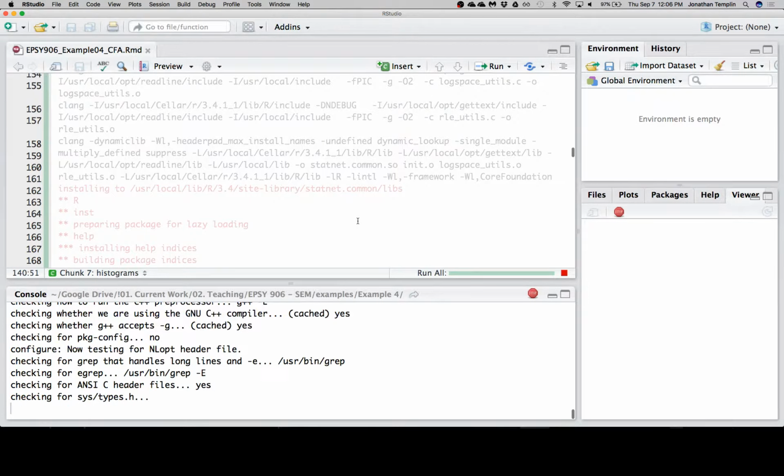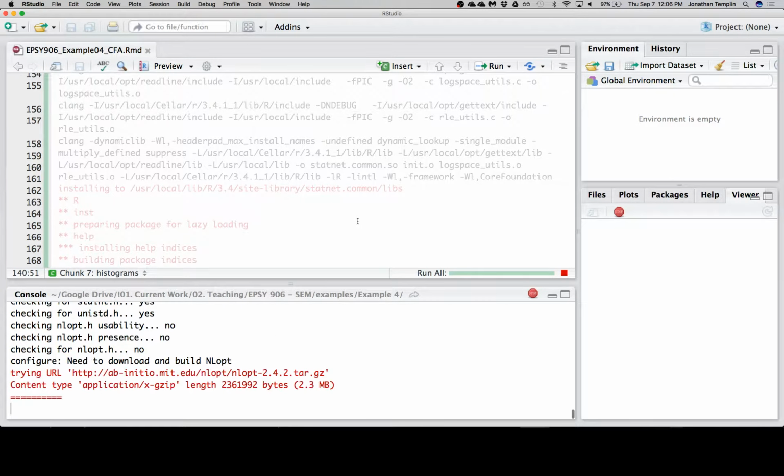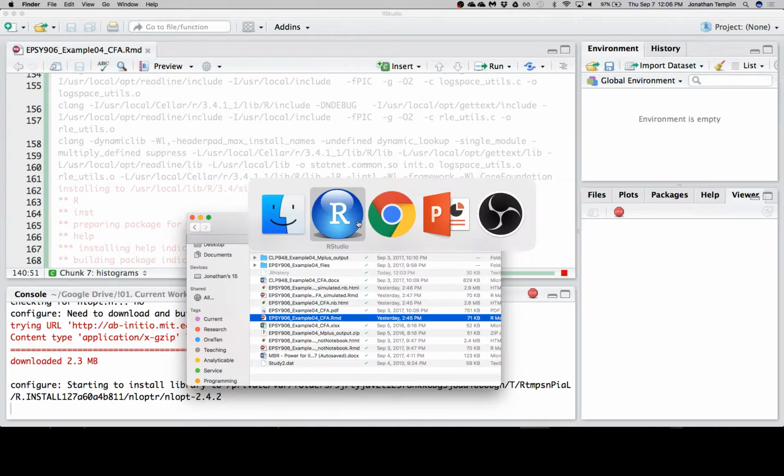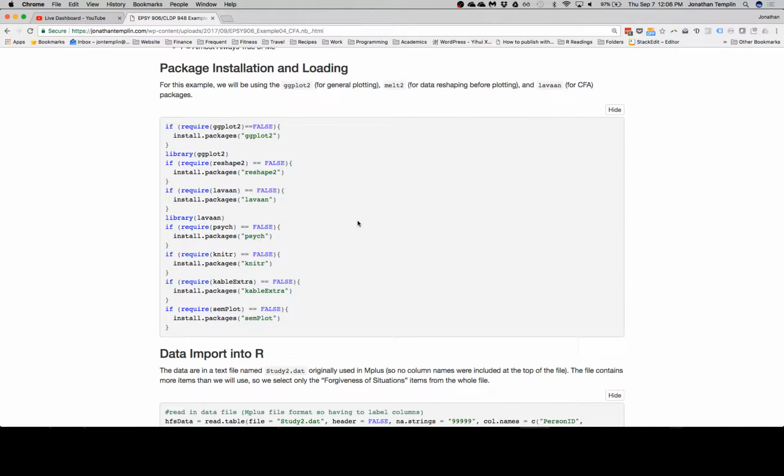Wow. I should have done this before class. I've forgotten how long it takes. All right, going back to the website. So, while that's happening,